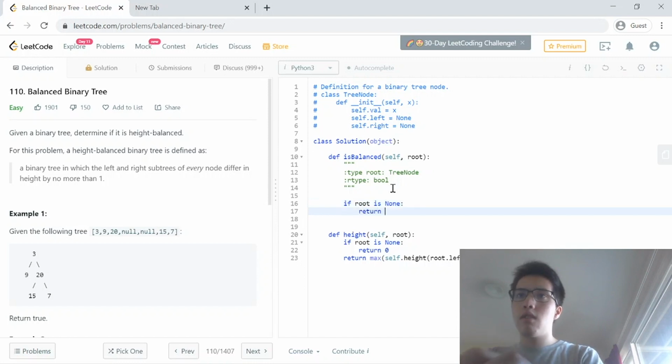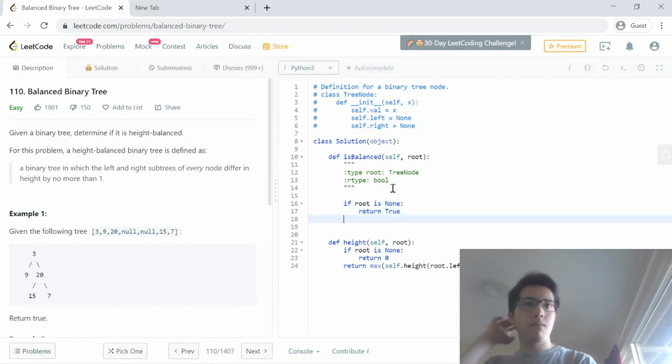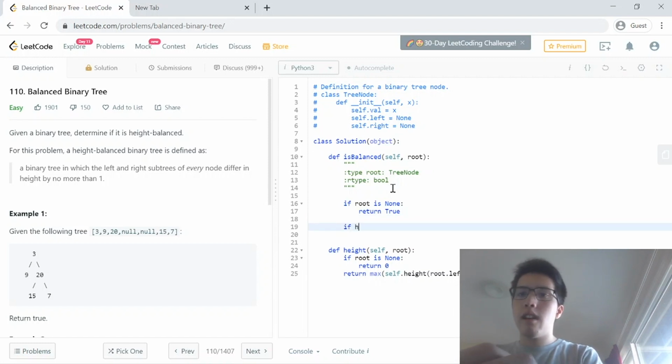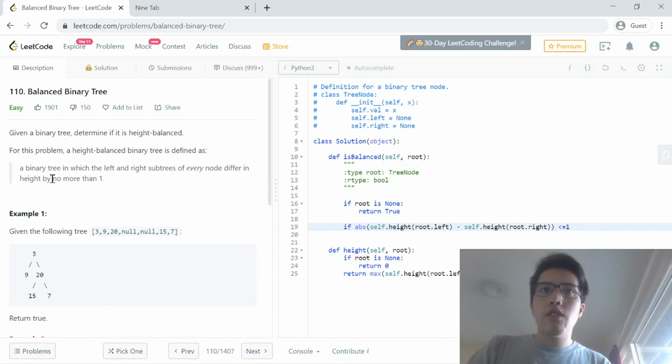So now, all I have to do is my recursive statement: if root is none, then we just return true, because if we reach an empty one, we don't want it to ruin our proper values which aren't none. And then if the absolute value of self.height of root.left minus self.height of root.right is less than or equal to 1, which is the definition here, no more than 1,